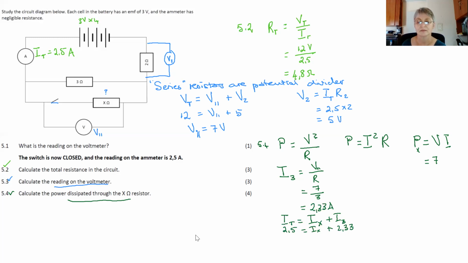And that takes us to current in X is 2.5 minus 2.33, that is 0.17 ampere. We've got enough information to calculate power through X. 0.17 times 7 is